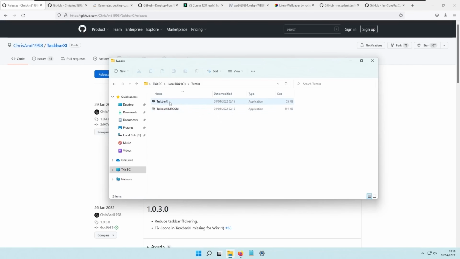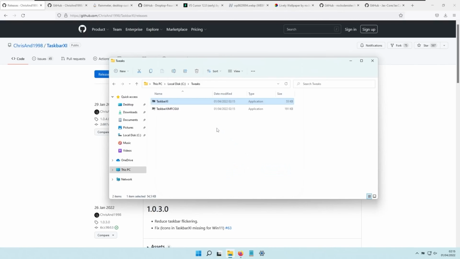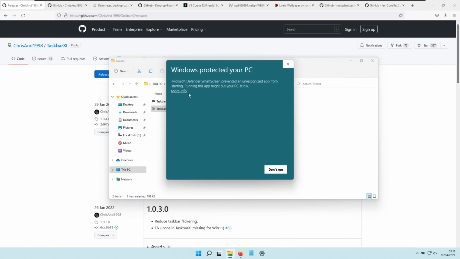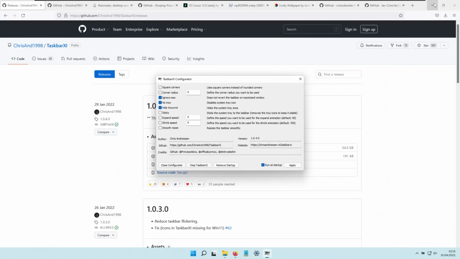Then I recommend that you launch the Taskbar XI program. Here you will have the prompt, click more info and click run anyway. And this should start Taskbar XI, and this is basically the settings application for this program. So also double left click on this and click more info, run anyway, and this should start the configuration program